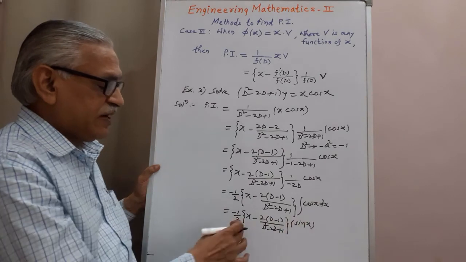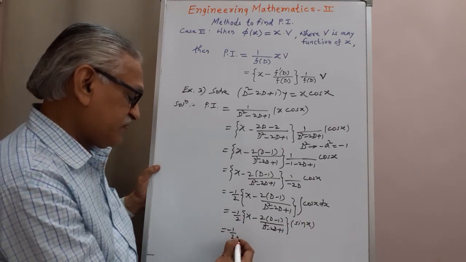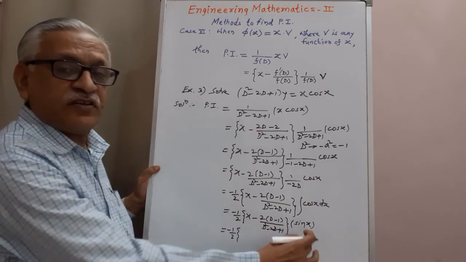And then multiplying it inside the bracket, we get it is equal to minus 1 by 2 times x into sin of x